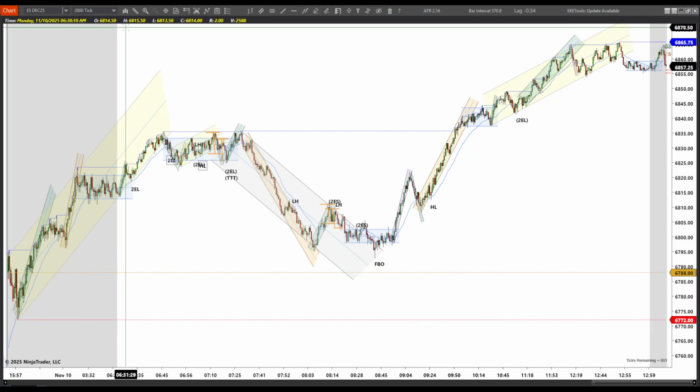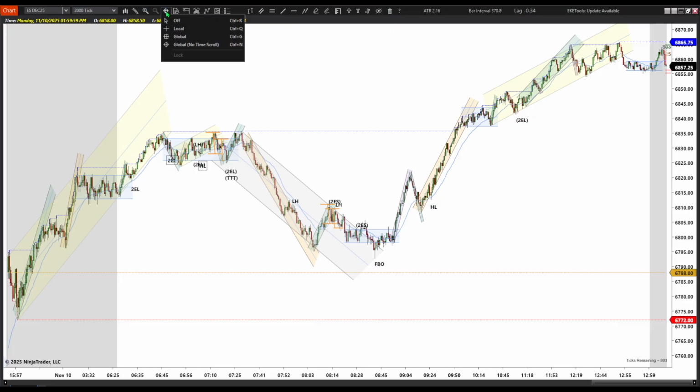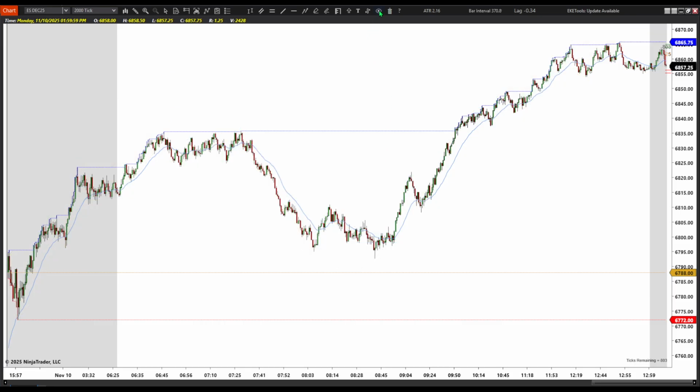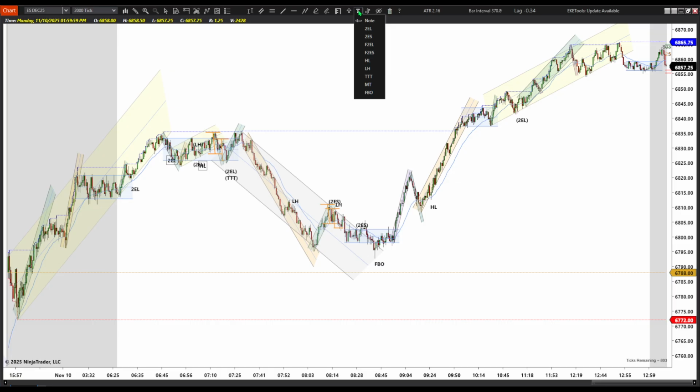November 10, 2025. This is the S&P 500 E-mini futures on a 2000 tick chart using NinjaTrader 8. This is what the chart looked like today, and this is how I drew it up. And this is where I took my two trades. The first one was a loss, and the second one was a win, but I'm ending the day a little